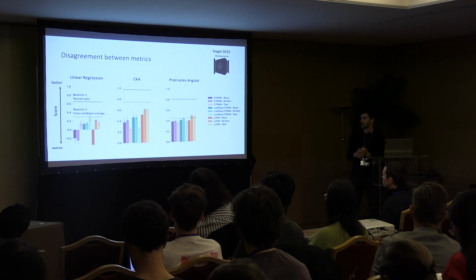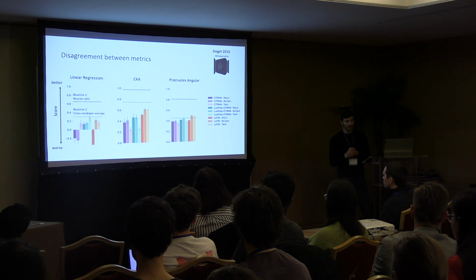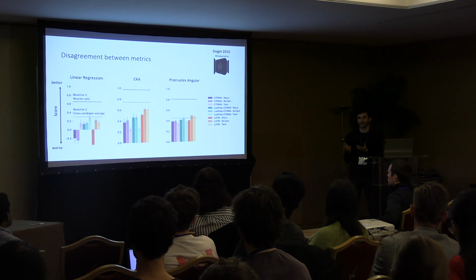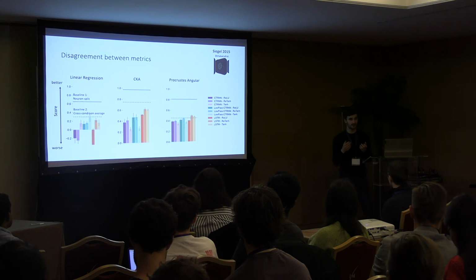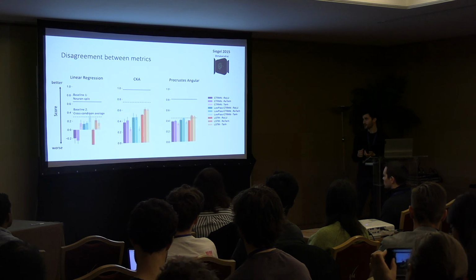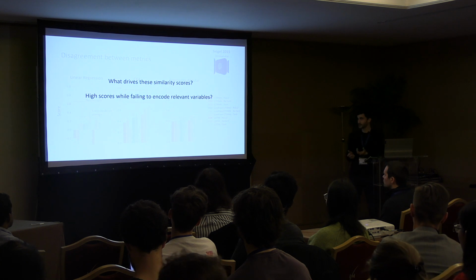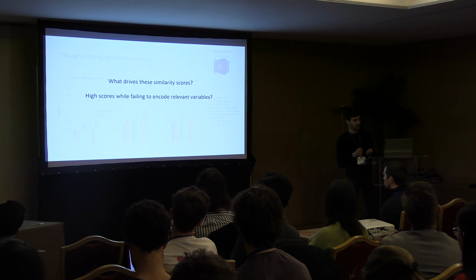But it's not really clear that's the case if we look at the linear regression score. So what these results, or maybe negative results, really told us is that before we can say anything meaningful about the models, maybe we should try to compare the metrics and then understand the scores that they give. And so here I'm going to present you an approach to understand what drives the similarity scores, and also specifically